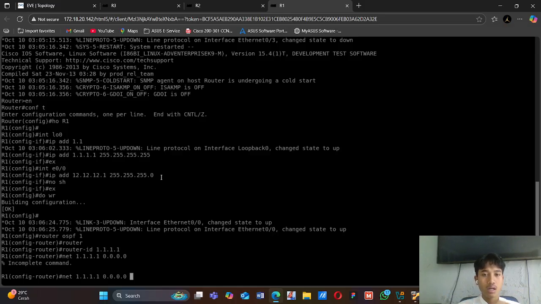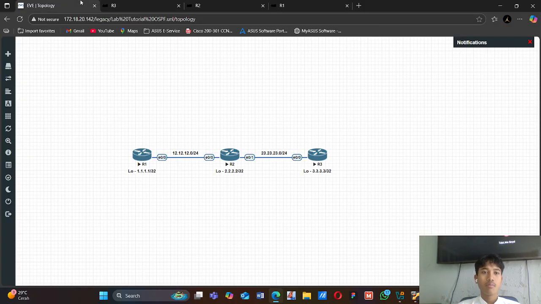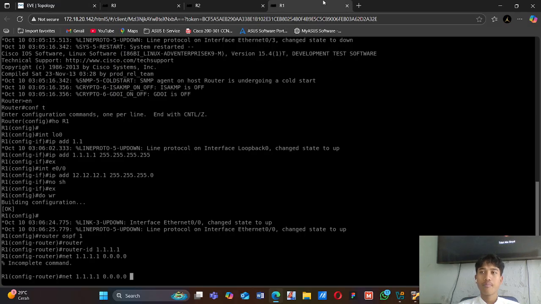For example, if area 2 is not connected to area 0, there is a feature called OSPF virtual link, which makes other areas that are not connected to the backbone area able to communicate using a virtual link, but by default they cannot.